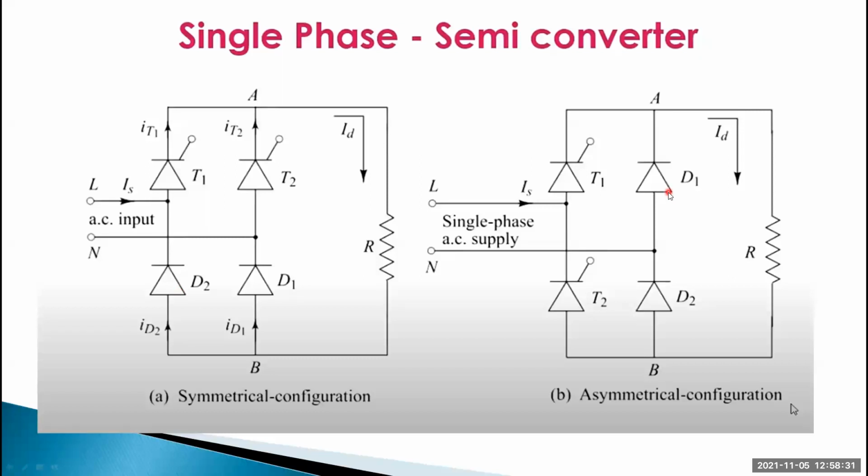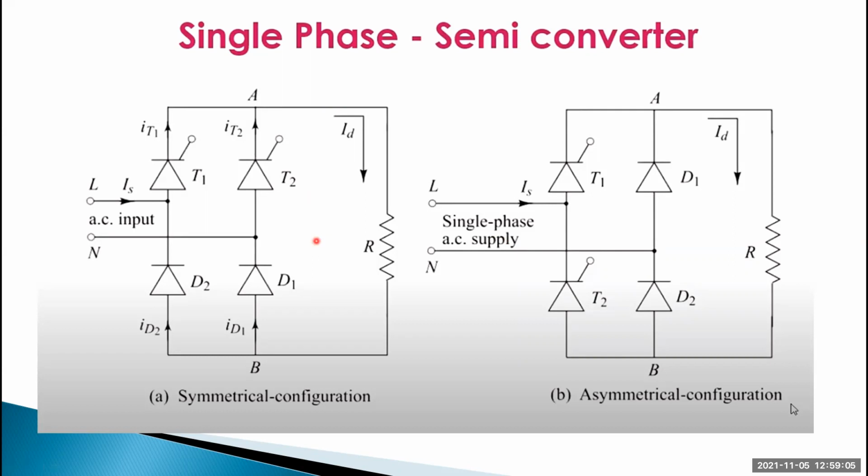When positive voltage appears at the positive side of the diode, it will be forward biased and turned on. But for a thyristor, we have to give the triggering pulse externally, by using a pulse generator in MATLAB Simulink. This is the input voltage here, and here also. These are the two different types of configurations. I would like to execute this using MATLAB Simulink, with this symmetrical configuration, though in practice the configuration is unsymmetrical.